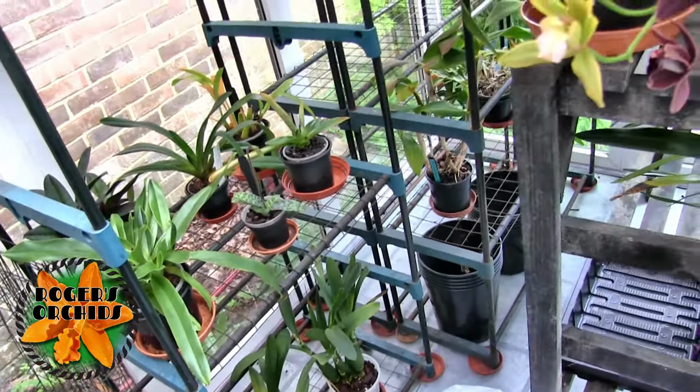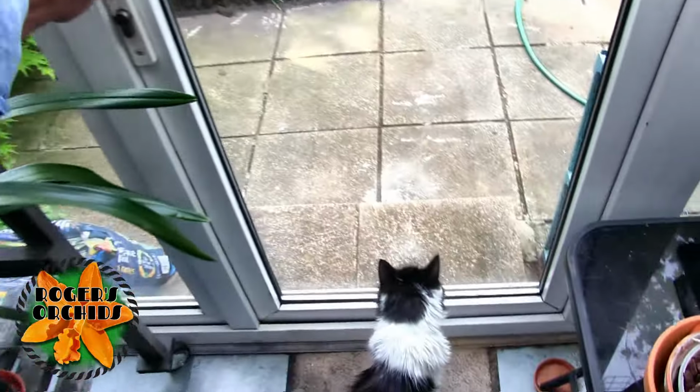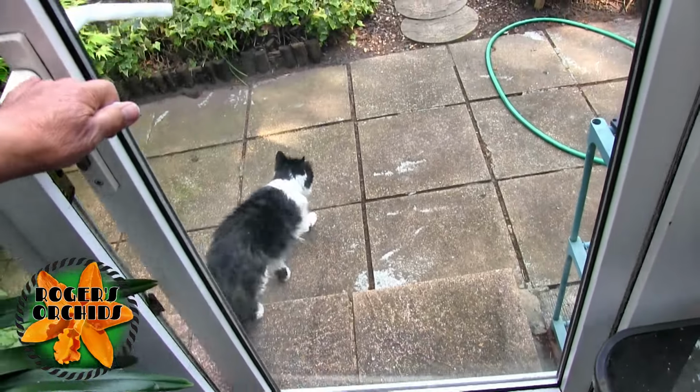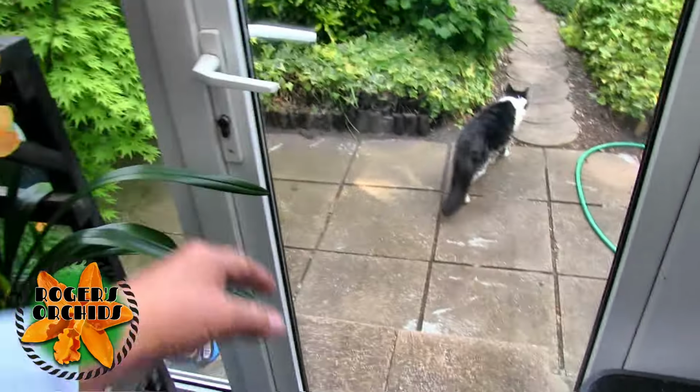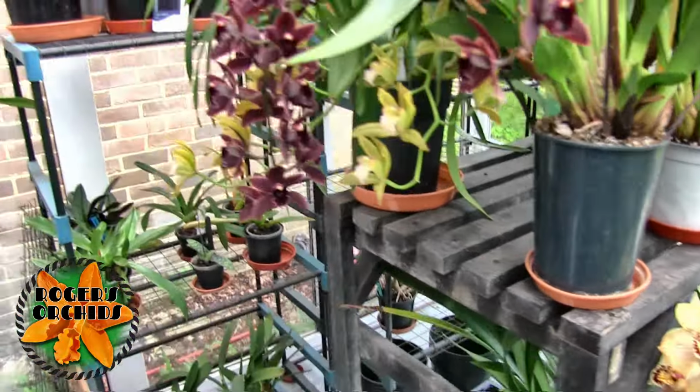Then we come round to some of the Cymbidiums, but first of all I picked the camera up, so of course somebody wants to go out. How does he know? Anyway,